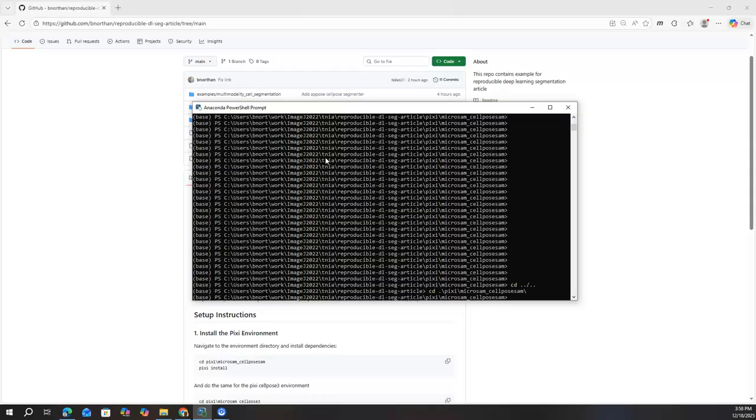It's really, really powerful. With Pixi, you not only set up environments, but you can also run applications. Pixi will set up the environment needed for the application, and it'll also start up the application. So I'm going to start up Napari, with a special plugin, using Pixi.